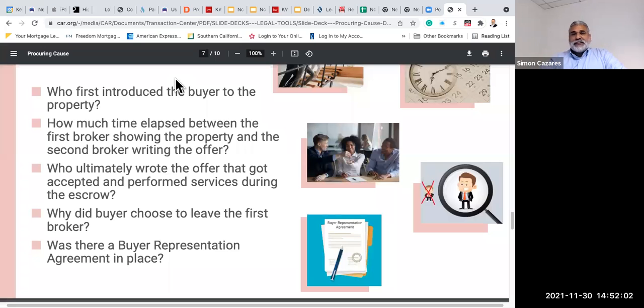Well, I've seen where agents will have loyalty agreements. These loyalty agreements basically say, look, I'm loyal to you, as long as you're willing to get pre-qualified, you'll work with me. But those agreements, I'm going to tell you, will not hold water if they decide to cheat on you. They decide to go in a different direction. Okay. This is why the California buyer representation agreement is really geared to protect the buyer and also the agent, because it concisely and clearly states the do's and don'ts, and it also has a beginning and an expiration date.